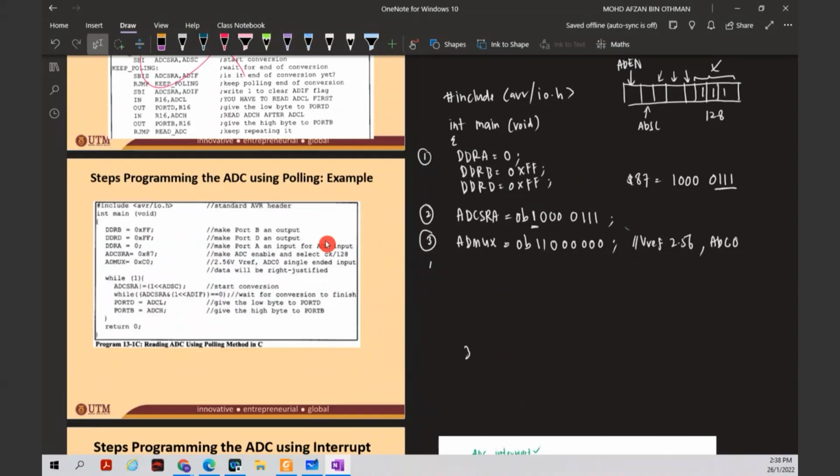Okay, next step number 4. What is step number 4? Okay, step number 4 is you're going to start the ADC conversion. How to start ADC conversion? By putting 1 to your ADSC. How to do that? Okay, you can simply put